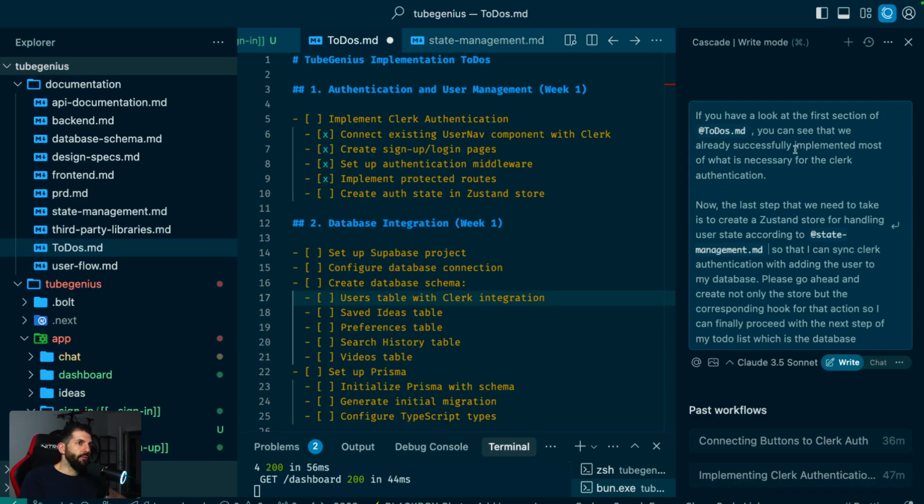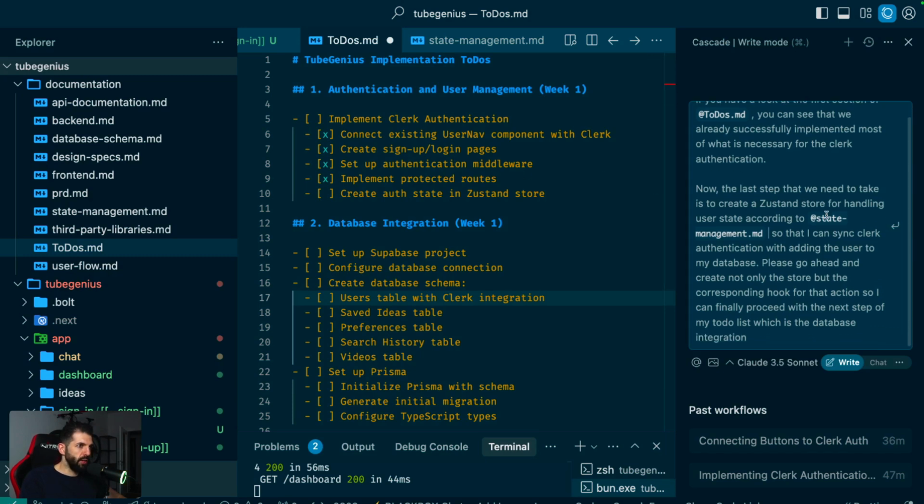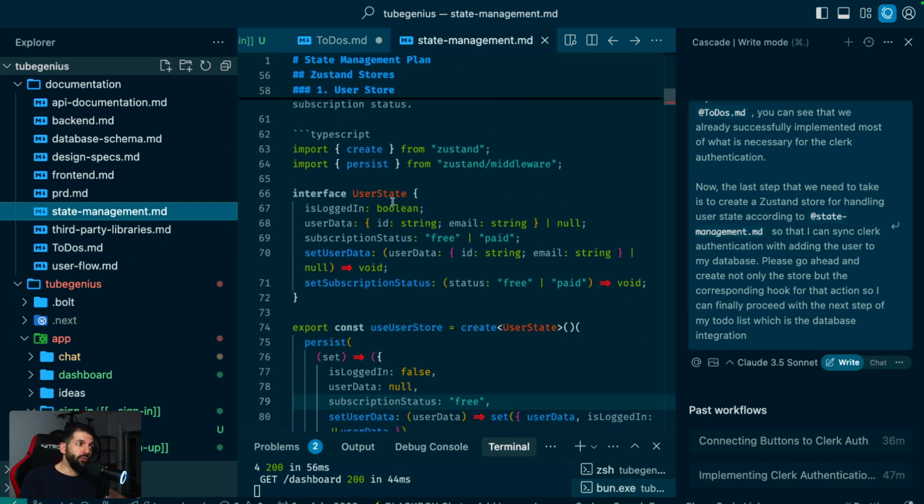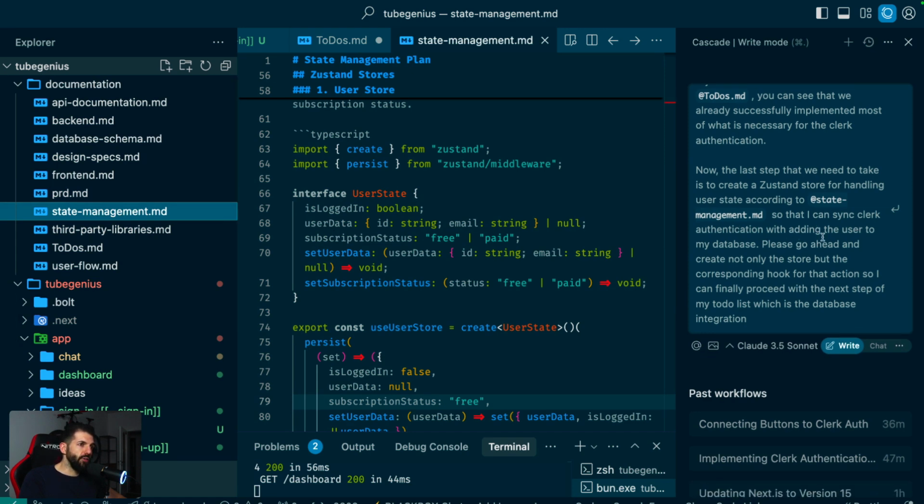If you have a look at the first section of to-dos, you can see that we already successfully implemented most of what is necessary for Clerk authentication. And I've checked all of the steps that we already finished successfully. Now the last step that we need to take is to create a Zustand store for handling user state according to state management. And I want Windsurf to find the first part of the documentation, right? So the user state, as you can see here,